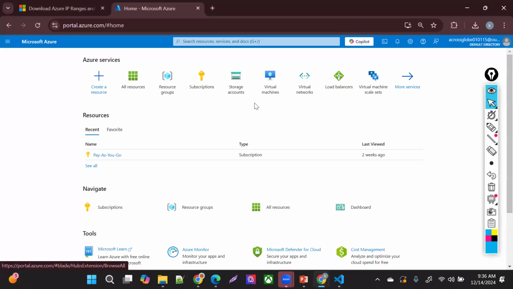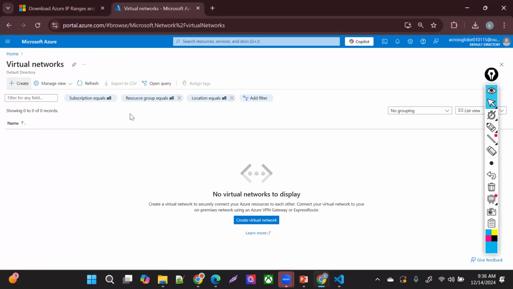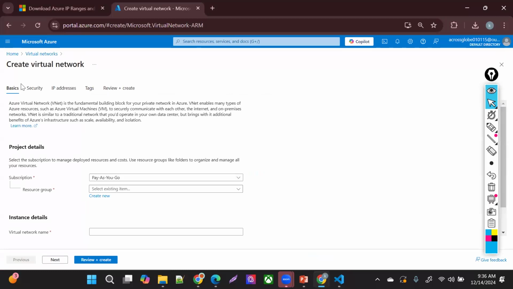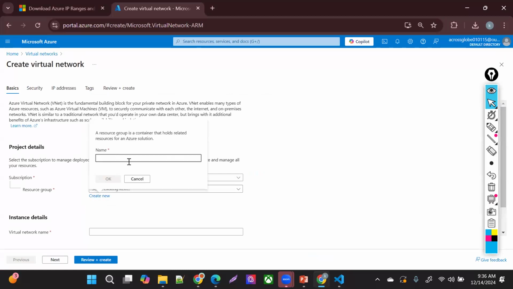Now, I have logged into my subscription here. First, I'm going to create a simple VNet. We are going to see the demo here. No storage, no resource group. Let me create that. We all know how we need to create it.